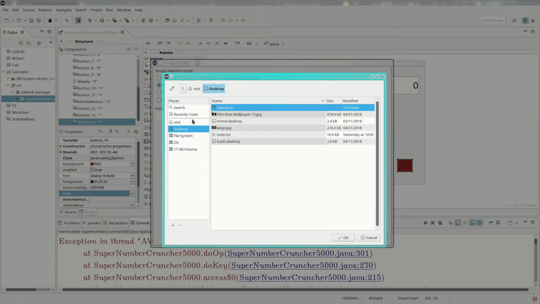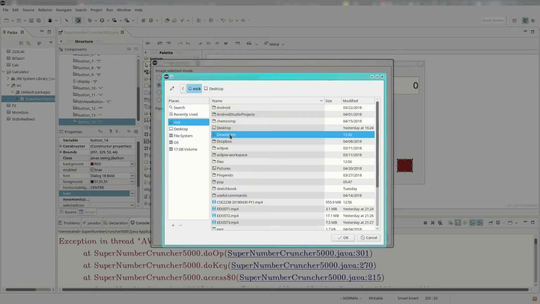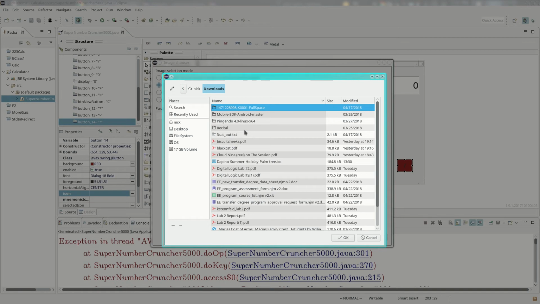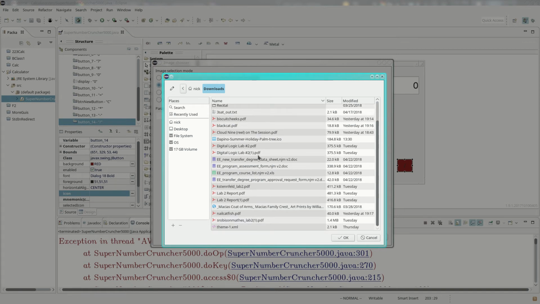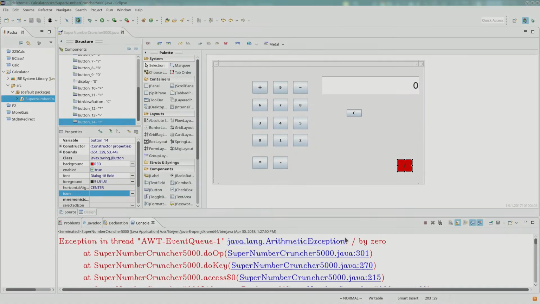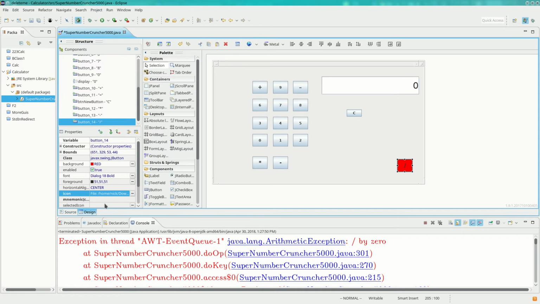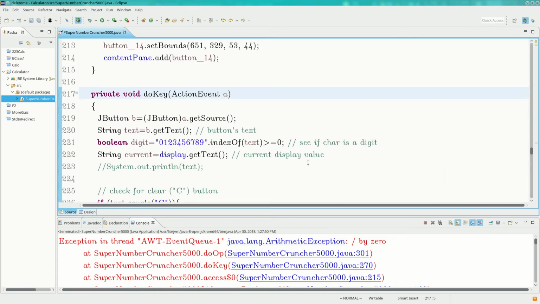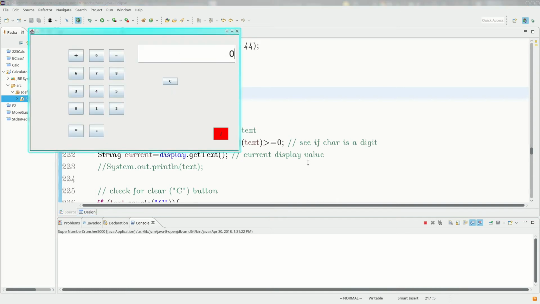All right, so downloads. Man, I've got too many downloads. Just get that somewhere. But that didn't seem to do anything. That didn't work. Try maybe now getting rid of